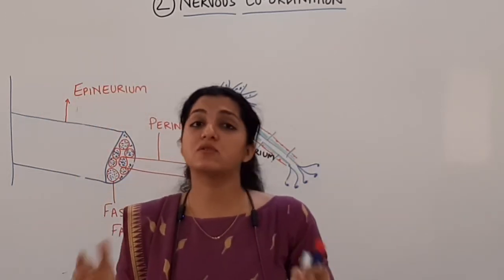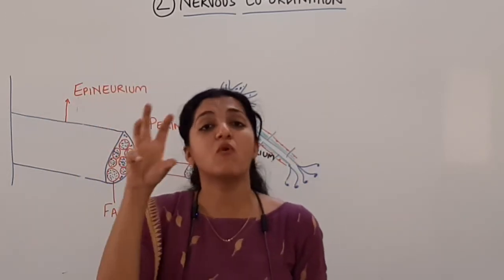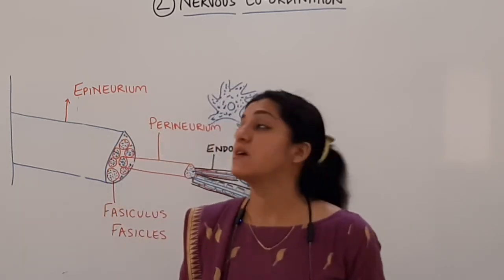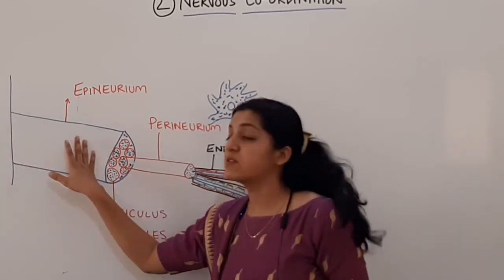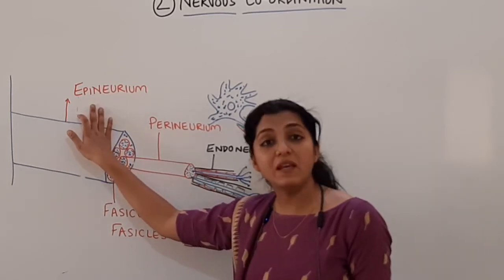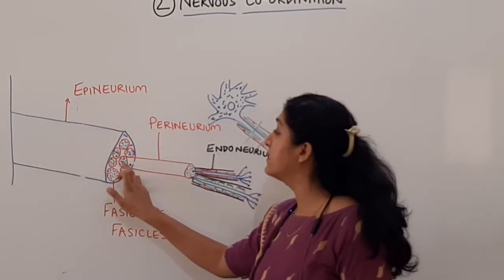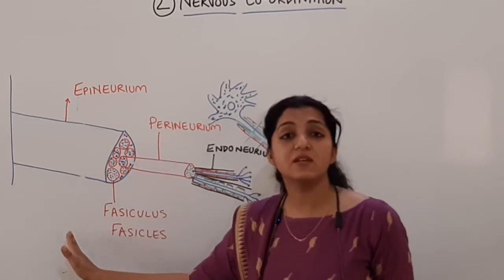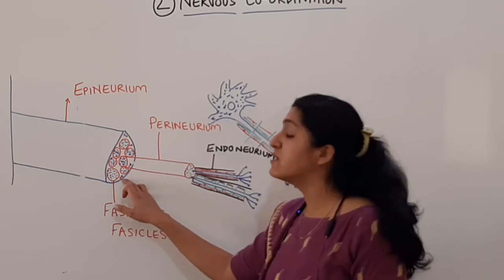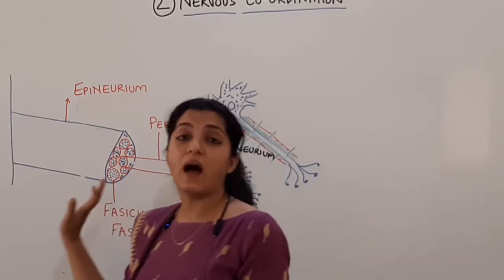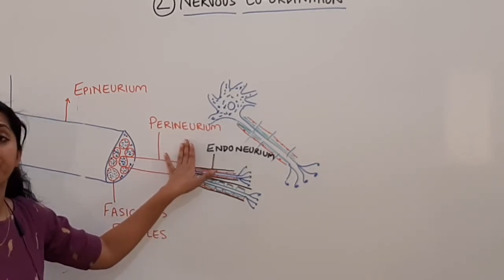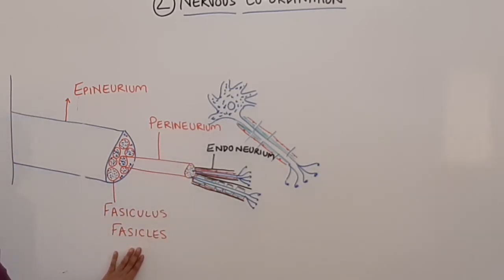एक बड़ा पैकेट, उसके अंदर बहुत सारे मैच बॉक्सेस, तो वो हो गए बंडल्स. मैच बॉक्सेस के अंदर बहुत सारी मैच स्टिक्स. तो ये बहुत बड़ी नर्व है जो स्पाइनल कॉर्ड से निकल रही है. It's called a spinal nerve. We will see this later. इसकी कवरिंग इज एपिन्यूरियम. एपिन्यूरियम के बाद नर्व के अंदर अगर हम क्रॉस सेक्शन में देखेंगे तो बहुत सारे बंडल्स मिलेंगे. And the nerve is going to have its own blood supply, and that is the arteries and the veins. सो ये बंडल्स की कवरिंग को बोलते हैं पेरीन्यूरियम and the bundles are called fascicles.